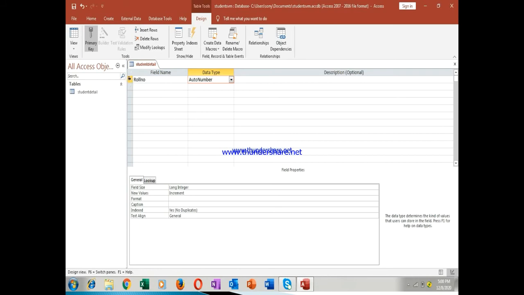This is the main key which will identify a student, because two students can have the same name, but a roll number only identifies them. That is why we call this the primary key. So now you understand what a primary key is. Every table will have a primary key.